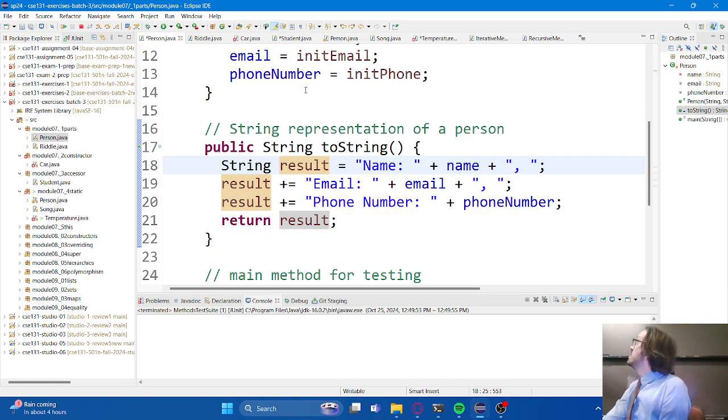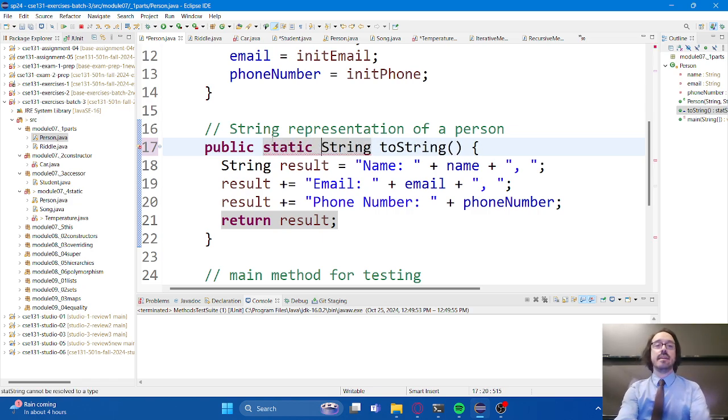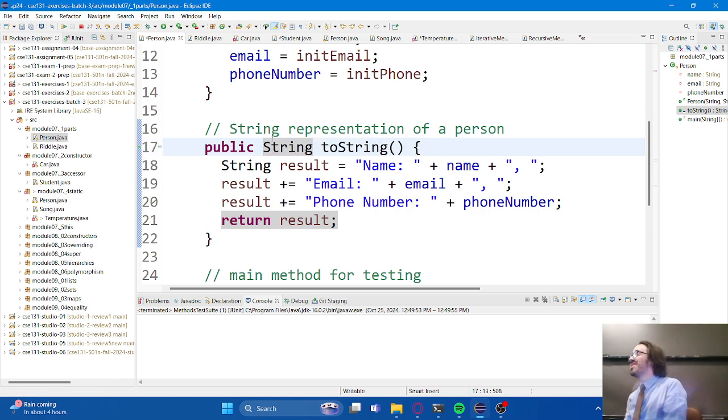But also notice, it looks a little bit different. We do have a return type here, but we're still missing that word static. And in fact, that's kind of a recurring theme for today. I'm not going to be writing static methods anymore. Very rarely in this class will I write static methods anymore. I am going to be focusing on non-static methods, and non-static methods are good object-oriented programming. When we're using objects, especially, our methods should not be static.